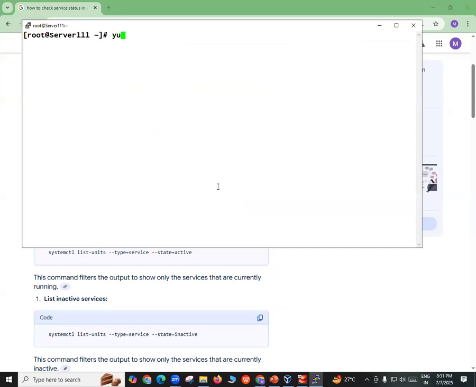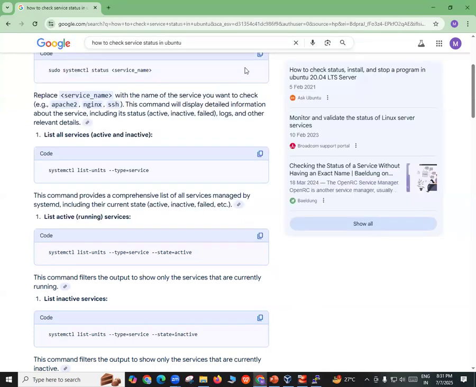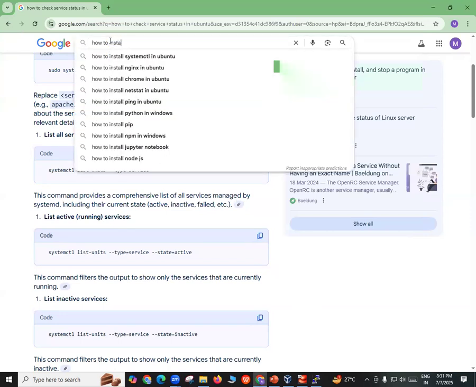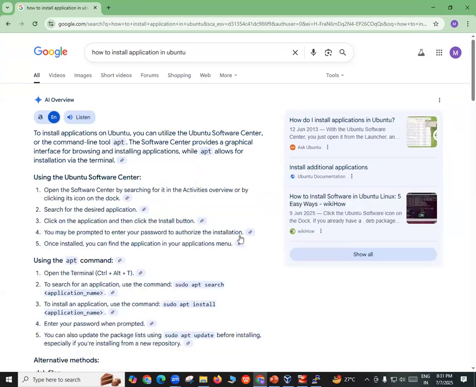Okay. If I say yum install something, let's say I'm just saying ABC, so yum is the command here. By using it, I can do the installation. You can install some application. Now I'll just search how to install applications in Ubuntu. What it says here, apt-get.